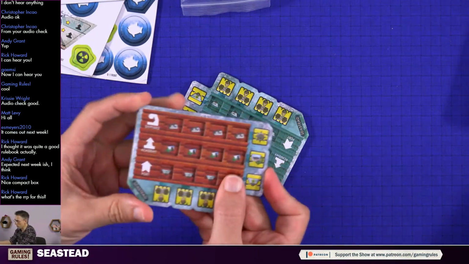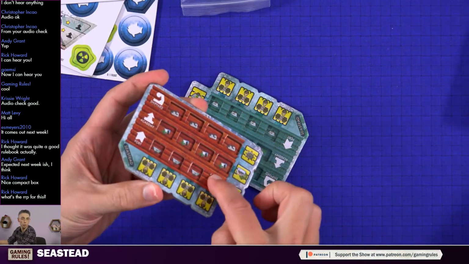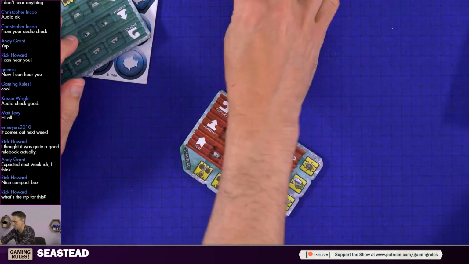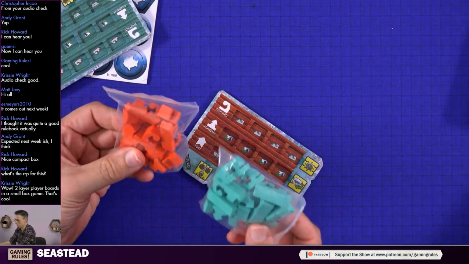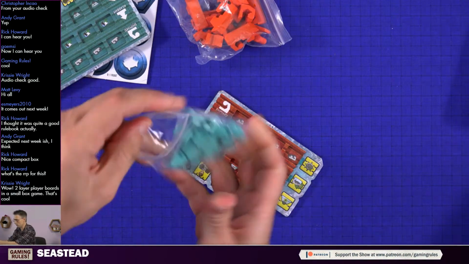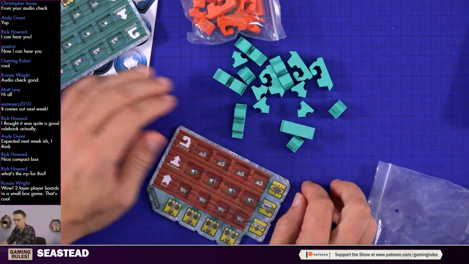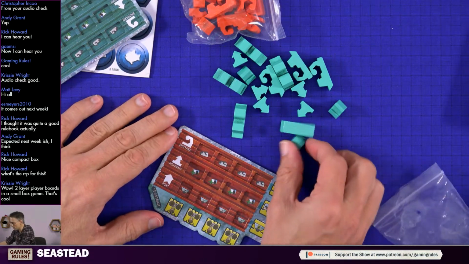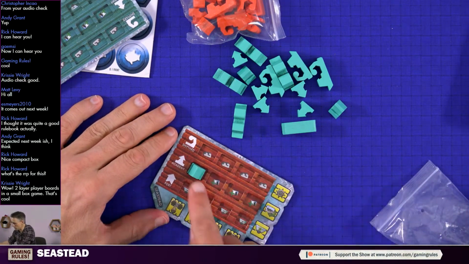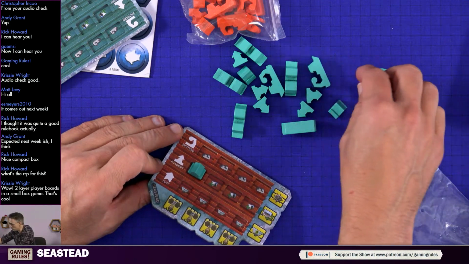Right, so yeah, these are the player boards. Nice and thick and chunky, and they are dual layered. So let's have a look at the playing pieces. These are the 2 colours. We have teal and a sort of orangey red. I played teal last night. You've got these nice custom shaped pieces. There are 4 types of pieces, 3 of them are buildings. You have your academies, which is this shape. You have your...